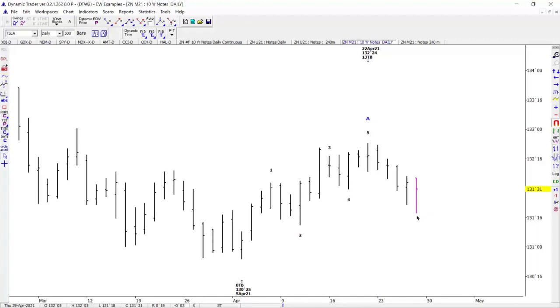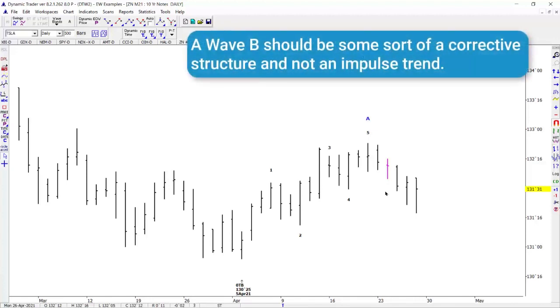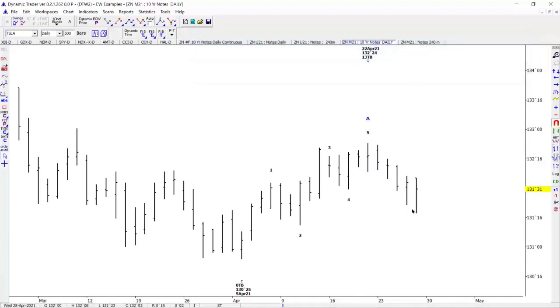a wave B. However, should a wave B be complete on an impulsive or a corrective sort of structure? Well, it should be some sort of correction. A wave B should be an ABC or some kind of complex correction. Just looking at the daily data, does this look like an impulsive trend down, or does it look like a corrective trend down? Well, it looks like an impulsive trend down, and that would mean this decline should just be